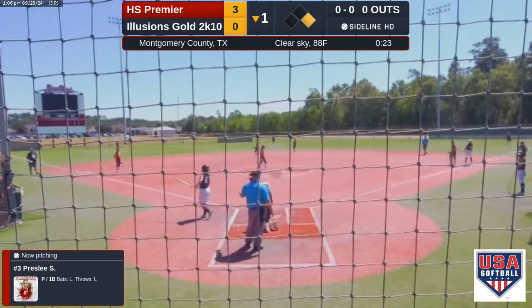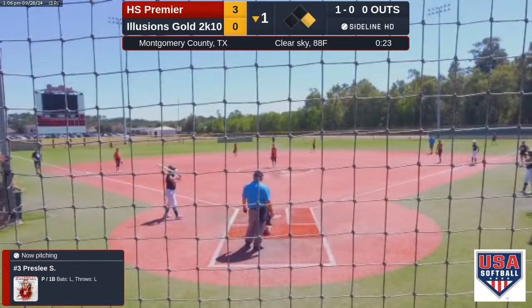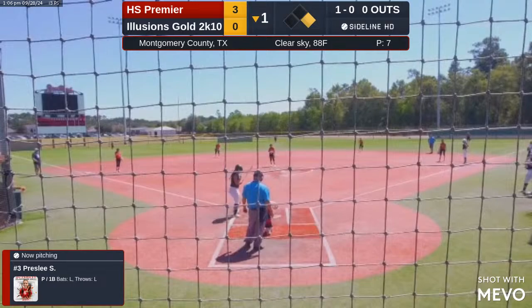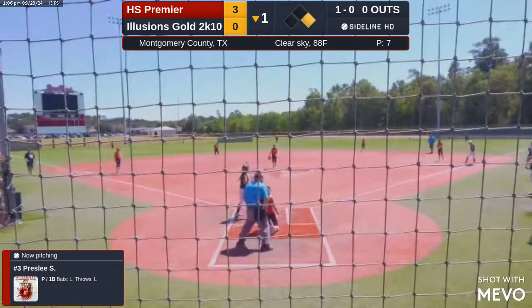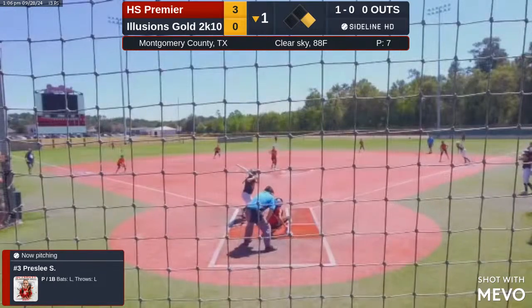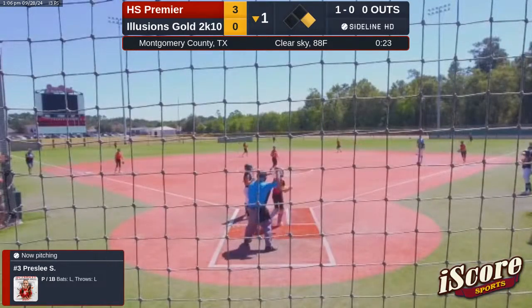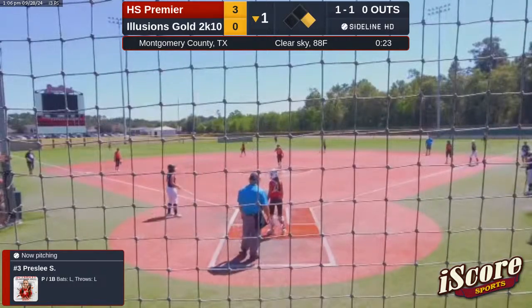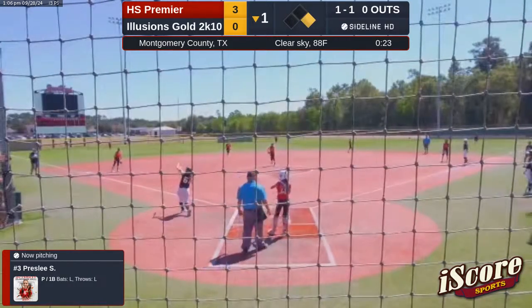Pitches down, ball 1. That one's in there. Strike 1. 1 ball, 1 strike. Nobody out. Runner at first base.